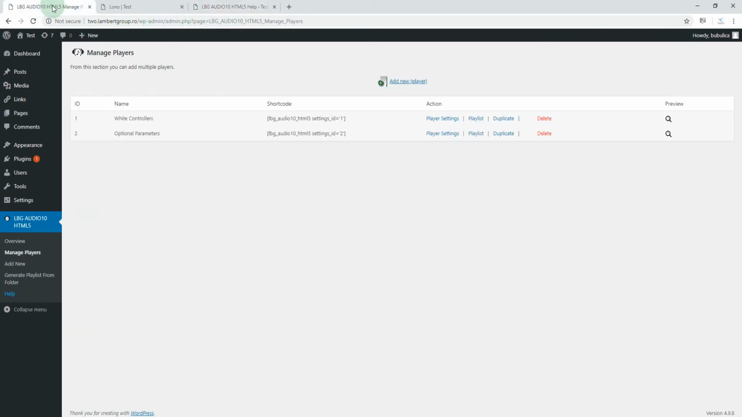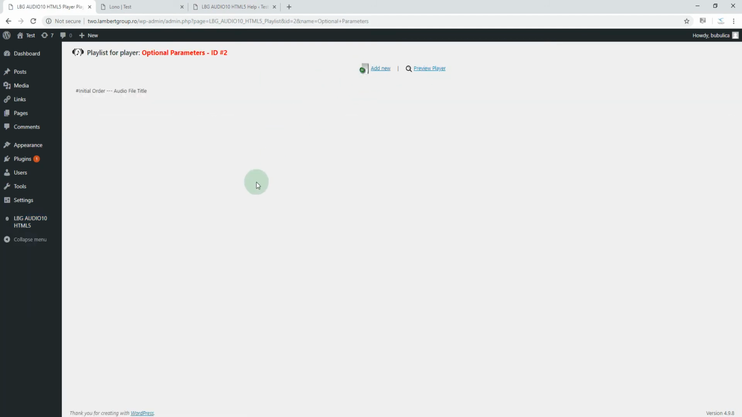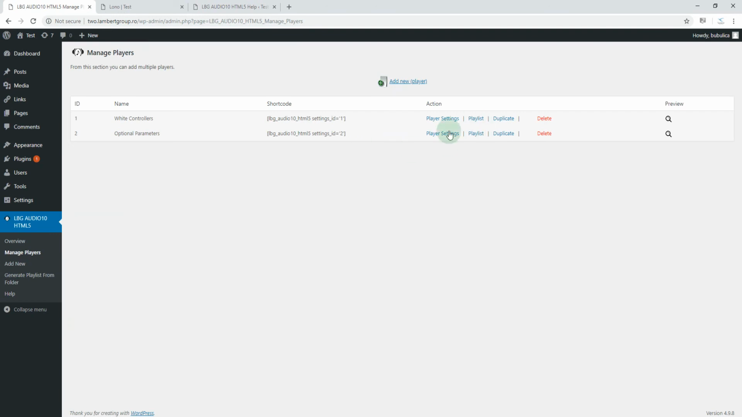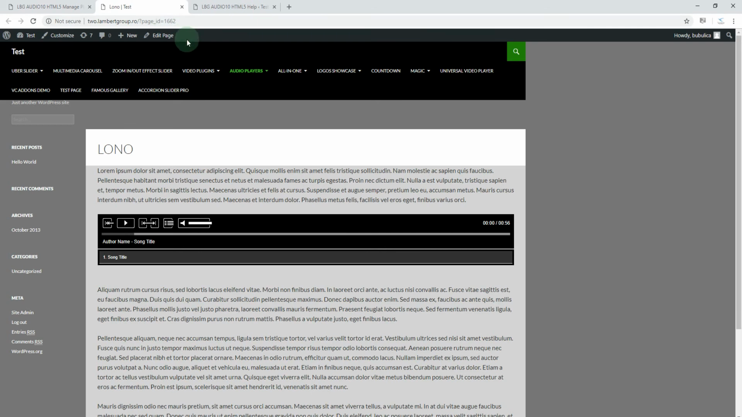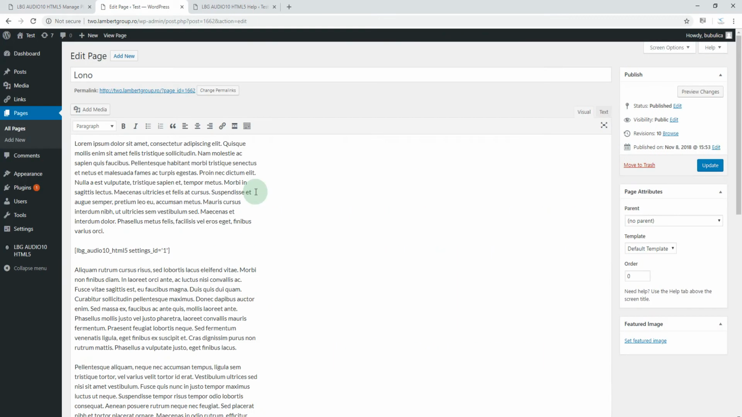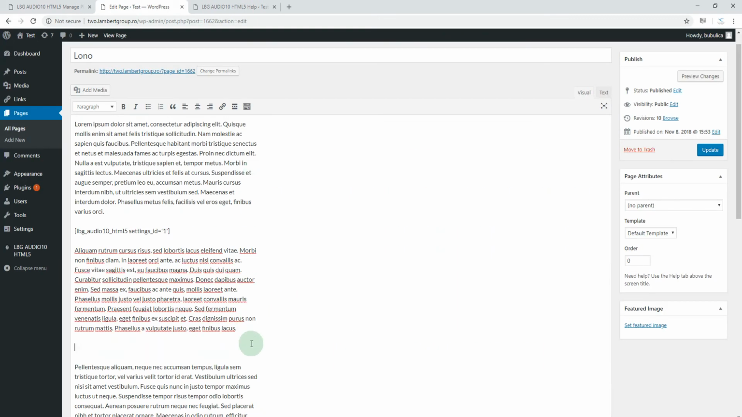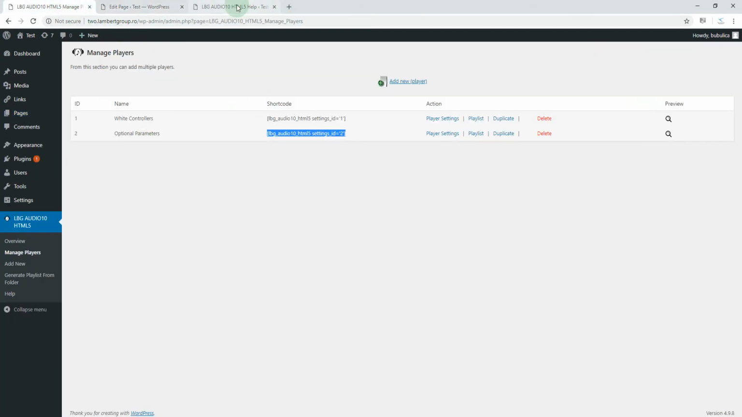So I've created a new player. As you can see, the playlist is empty and I'm not going to use the playlist. Instead, I'll just use the shortcode with some optional parameters. So in this page, I'm going to add the shortcode and I'm going to use